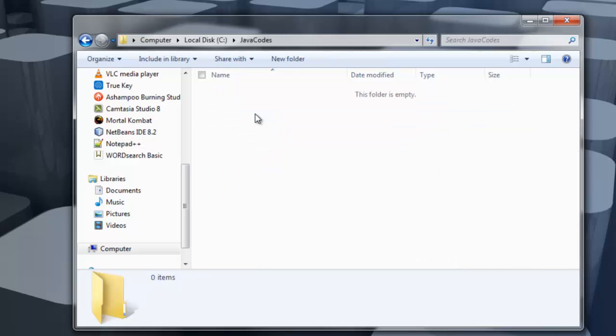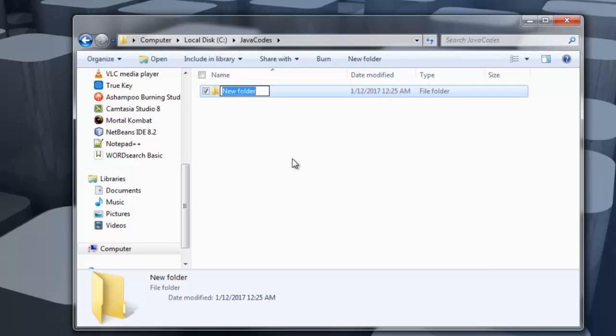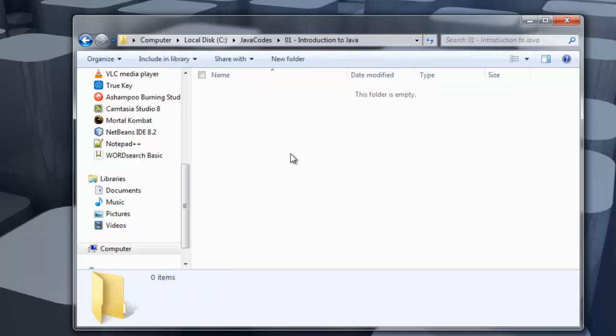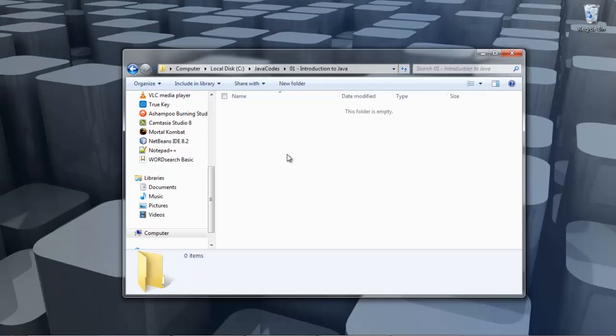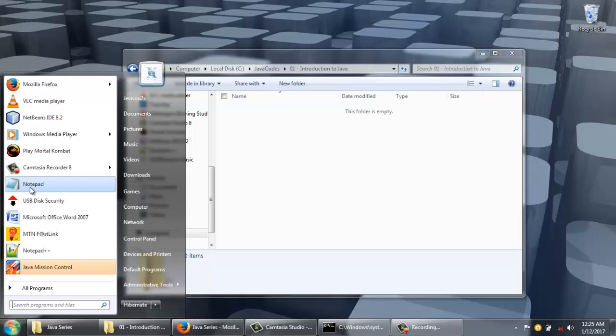So in my Java codes directory, I'm gonna create a new folder which I'll simply call 01 introduction to Java. We'll be creating directories like this as we move on in different chapters of this series. Okay, so inside this directory now I'm gonna create a file and store it here. So I'm gonna open up Notepad from the start menu,